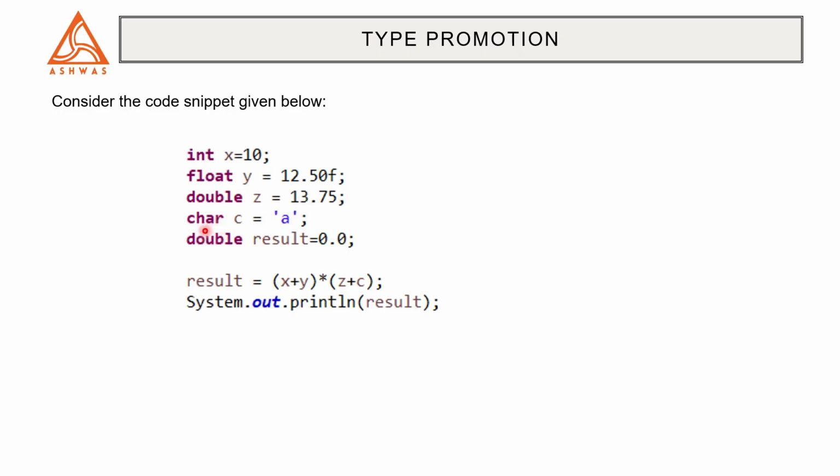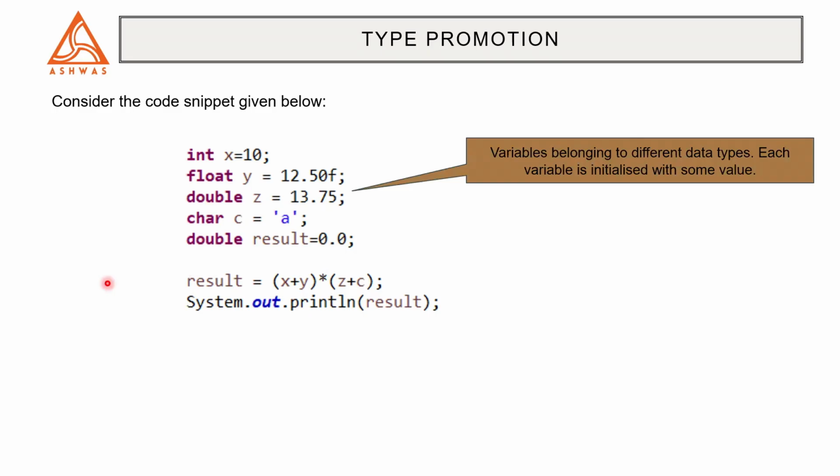And then I have a char variable c having the value 'a'. Now, because it is a char, it is enclosed in single quotes. And finally, I have another double variable result, which is initialized to the value 0.0. These are my variable declarations. Now, what happens is